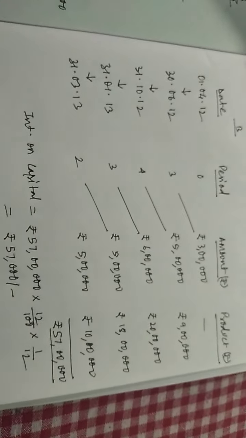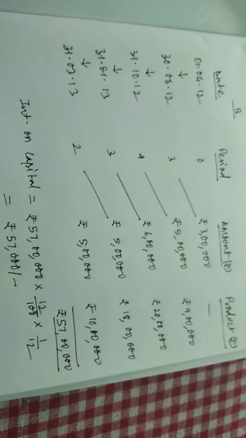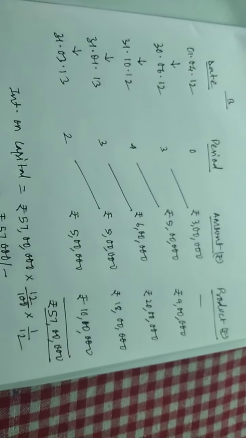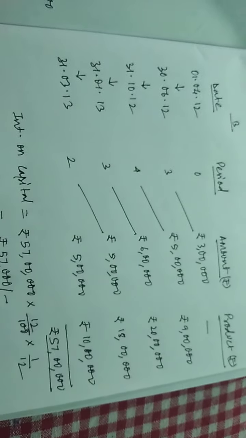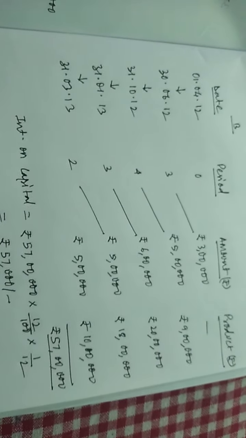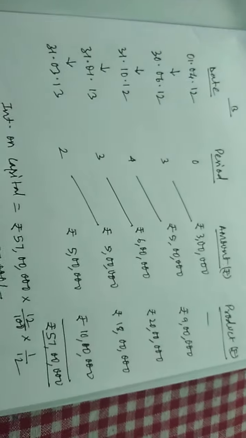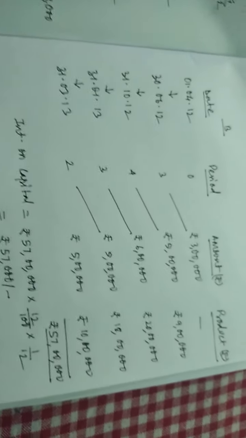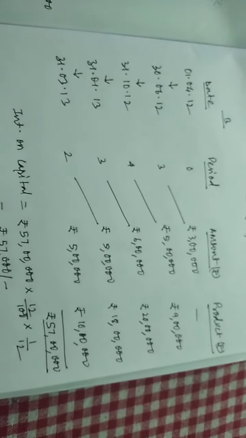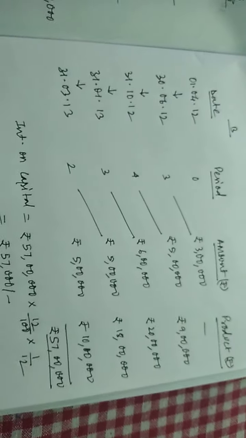After this, I'll also provide you one question. I'll click the question and send it to you. You need to solve it by both the methods, the single transaction method and this product method, and you need to send me the pictures of the questions that you have solved on my WhatsApp personally, not in the group. Solve it as soon as possible, as this is quite important, and this is also the last sum on interest and capital. Thereafter we will not be practicing interest and capital anymore. We'll move on to the next topic.